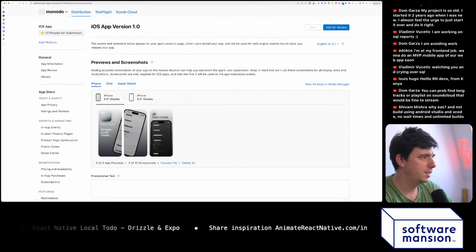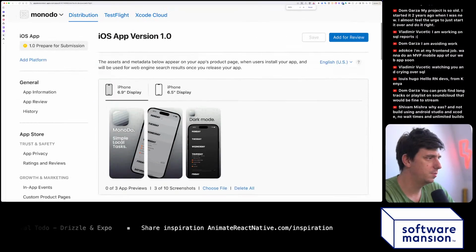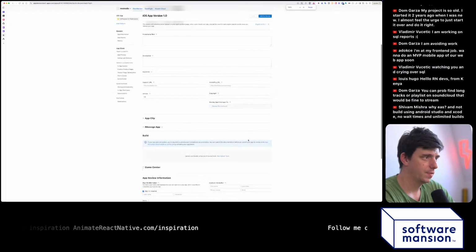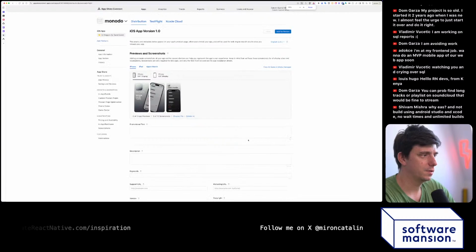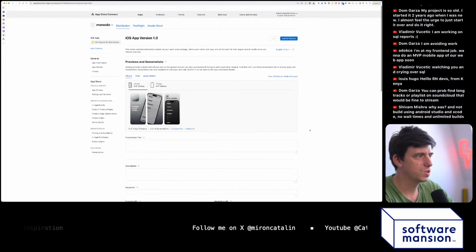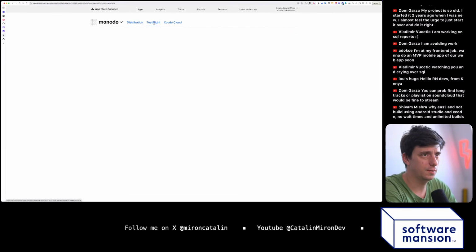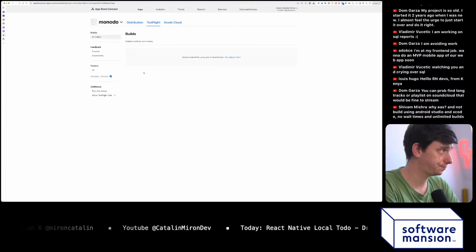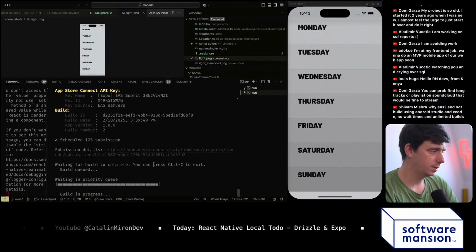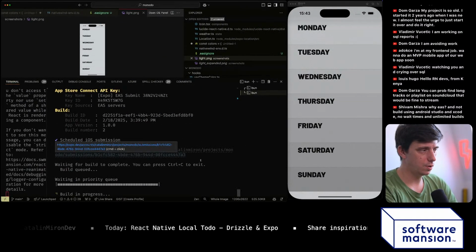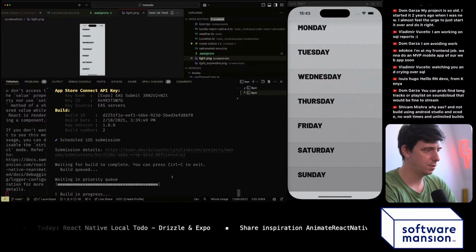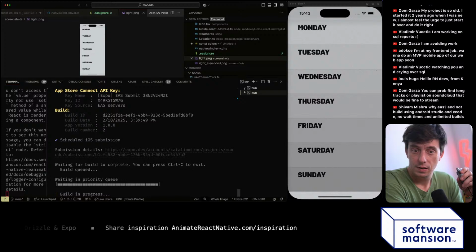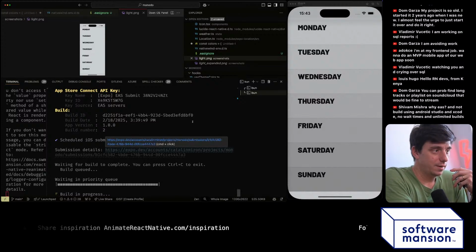Okay, so we have the app screenshots. Let me zoom a bit, maybe you can see it. I'll just generate some parts, but for now I'll not even request the review, I'll create an internal testing. And we can wait for the build to finish. Meanwhile,